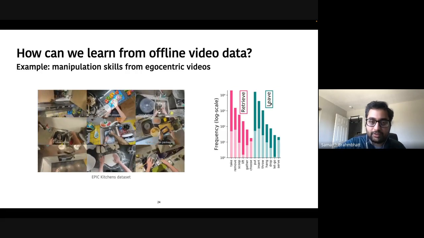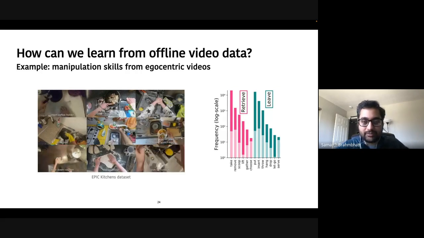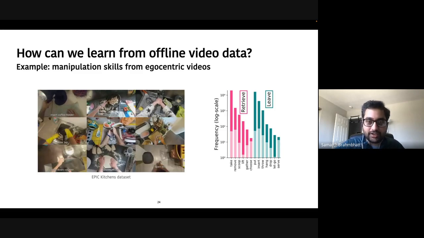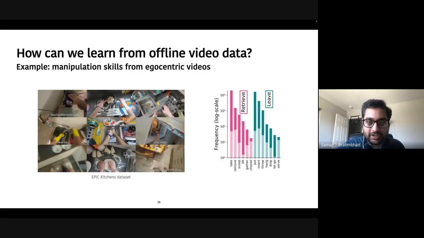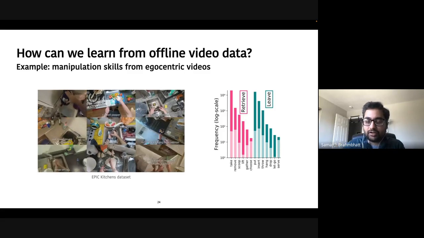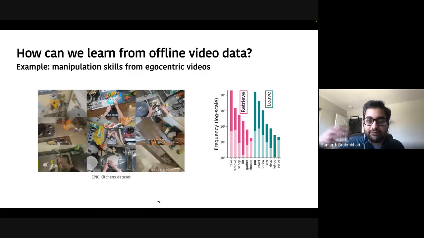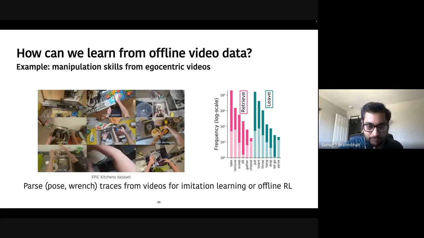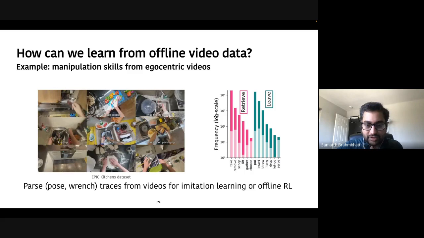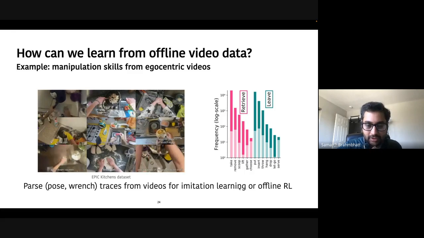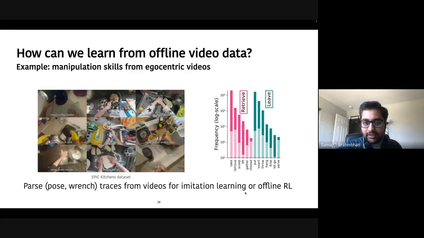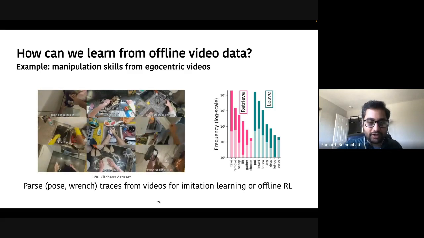So I feel like while robotic object placement is unexplored from the point of view of heuristic design of placement policies, there's a lot of data in the vision community, but we still need to find ways to make it accessible for robotics, right? So for example, if we want to do imitation learning on it, or even treat it as a data set for offline reinforcement learning, a basic requirement for that is to